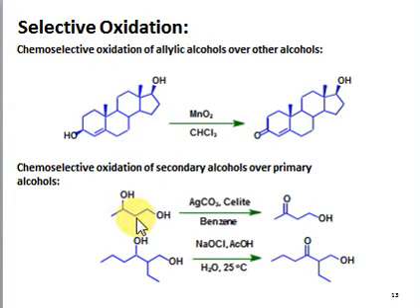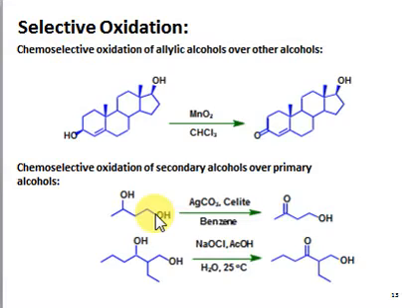Again, we have these two alcohols. Both of the alcohols are isolated alcohols, they are not allylic or vinylic alcohols, but you can see that one of the alcohols is primary while the other is secondary, right? And what we want is to oxidize the secondary alcohol. We want to oxidize this alcohol to a ketone, and we do not want to affect this alcohol, right? So for this purpose, the reagent which is best is silver carbonate in presence of celite, right? So silver carbonate in presence of celite oxidizes the secondary alcohols, while the primary alcohol will